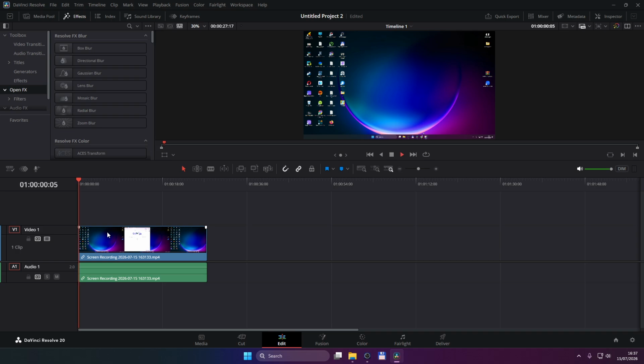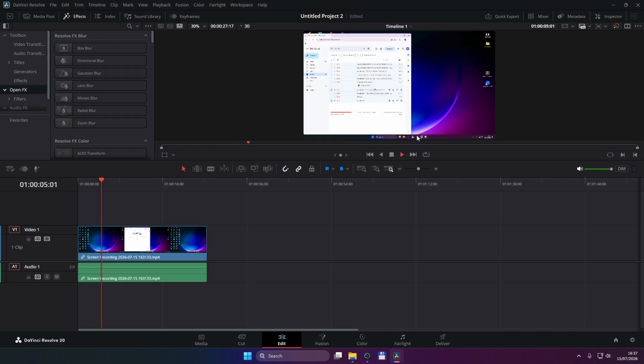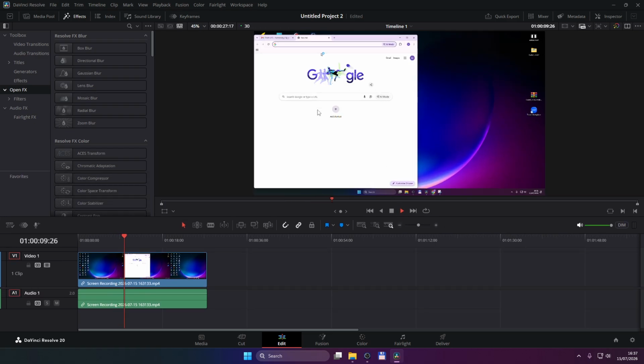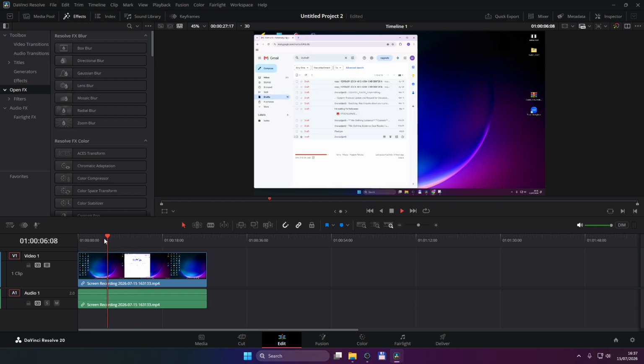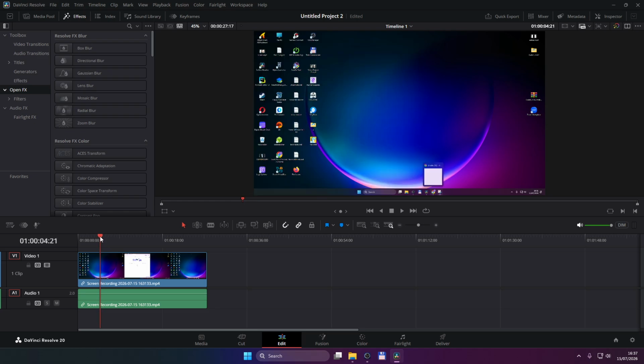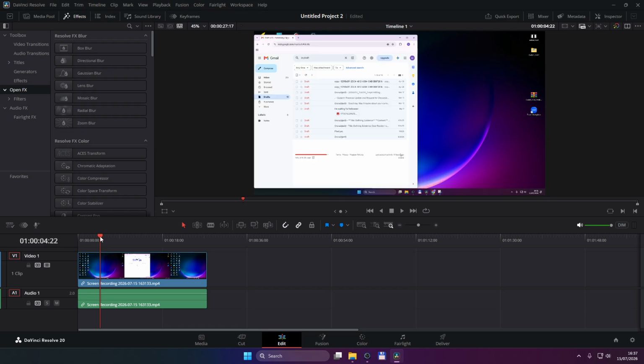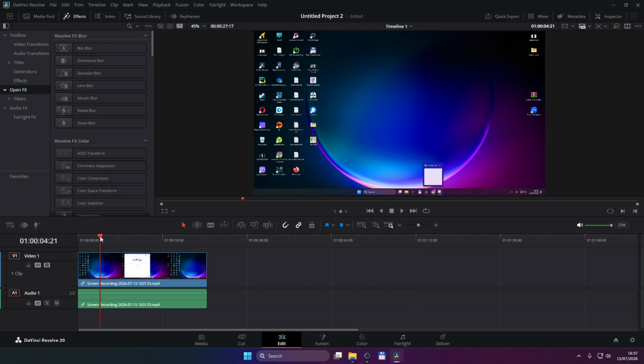So as you can see, I have recorded my screen where I open my Chrome, as you can see right here. There are some emails there that I would like to blur out, and then I open another tab and so on. So let's cut our video. Now I'll get to the beginning of the emails. So let's get somewhere around that, then use the arrows left and right on your keyboard. You can see as I click on the right arrow, it begins. When I go back, it hides. So I'll cut it on the frame before it begins